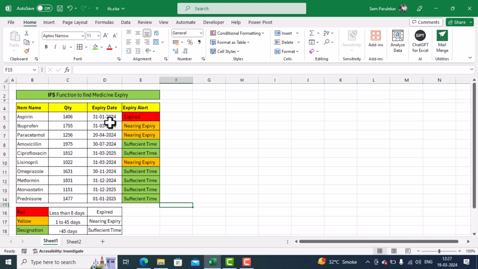Now basis the expiry date from today, I want to find out the expiry alert. So if it is 0 days from today or less than 0 days, then it should show that it is expired. If it is between 1 to 45 days, it should show me nearing expiry, with a yellow fill. The expired date should come with a red fill. And finally, if it is greater than 45 days, it should show me sufficient time, with a green fill. So let me show you how you can do the same using the IFS function of Microsoft